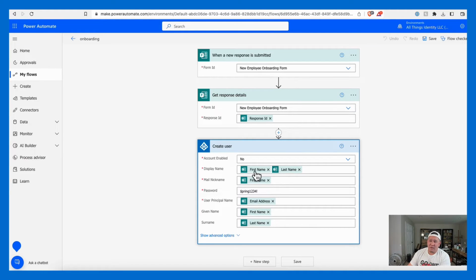And the basics: first name, last name, display name, password. The user will change this password when they log in the first time, but you want to get them started. And there are always big use cases, and I've often seen the question: how do I handle passwords when I get new users? I did a LinkedIn post about this where a company got hacked, their